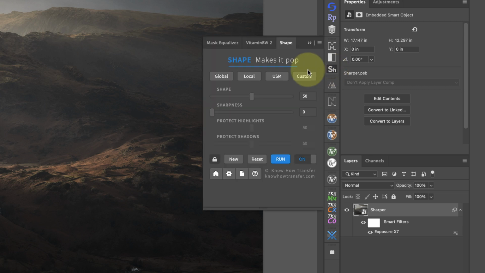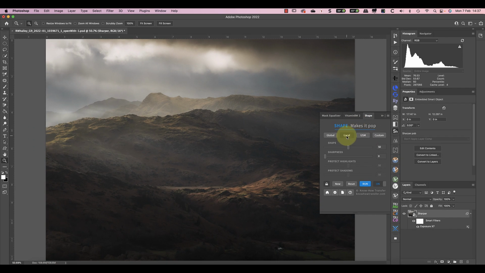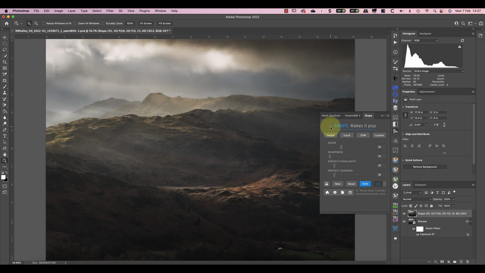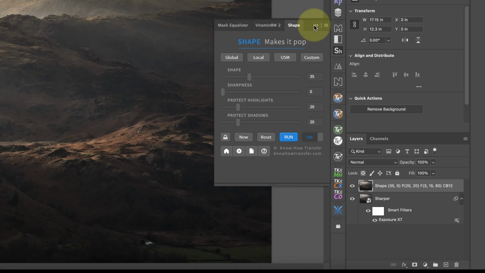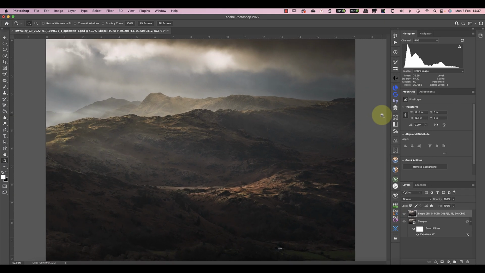The panel's really simple and easy to use. You've got a couple of options about how you want to do things. Do you want to enhance the global contrast, local contrast, or do you want to apply some sharpening? Now I'm just going to use the default local adjustment, and you can see the effect that has on the hillside. I'm just going to knock off the sharpening effect because it does add a bit of sharpness, and then I'm just going to run the settings to apply them to this new layer that's been created in the layers window. Now that contrast enhancement's being applied across the entire screen, and I'm not sure I want it across all of the image.